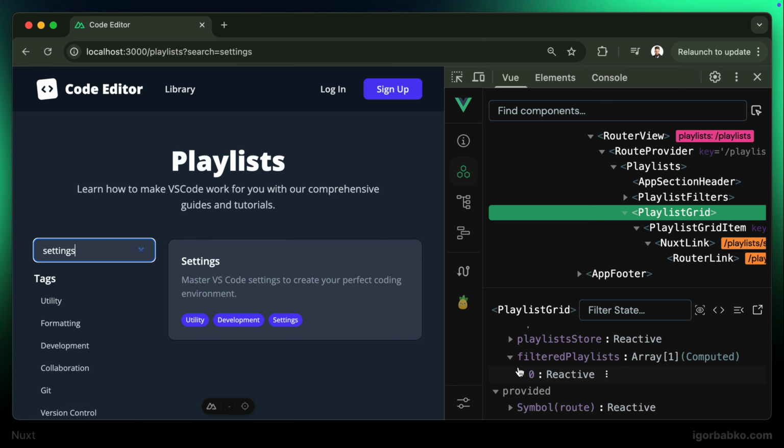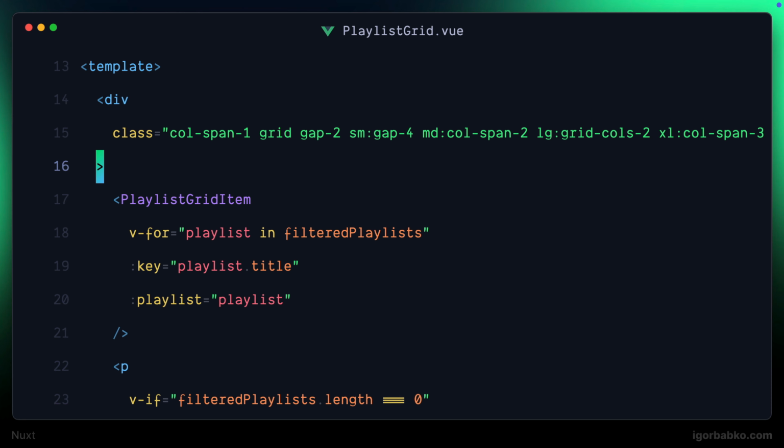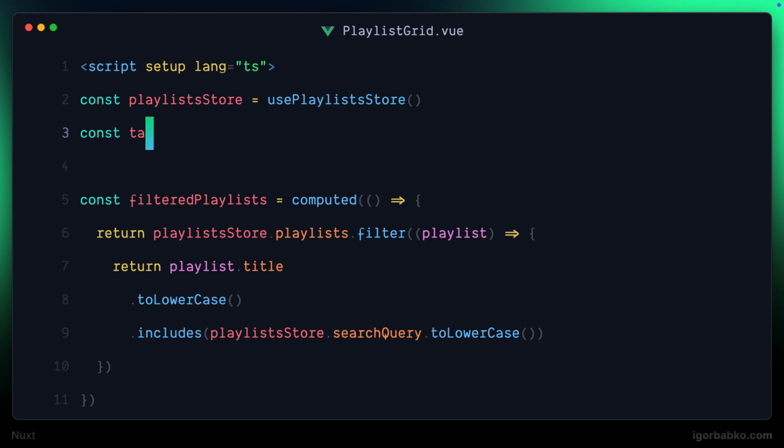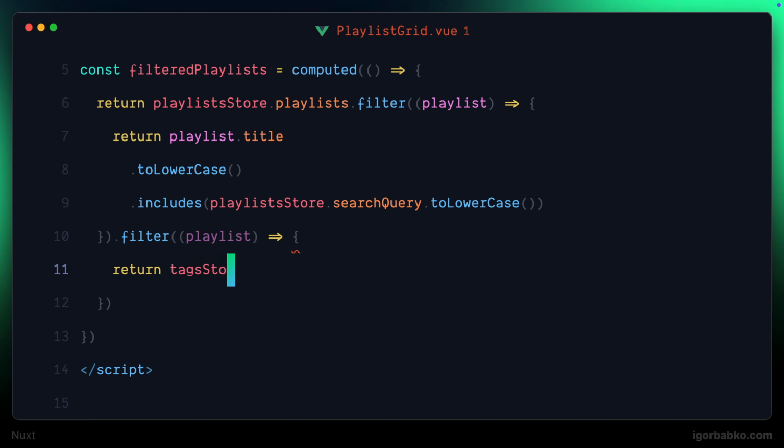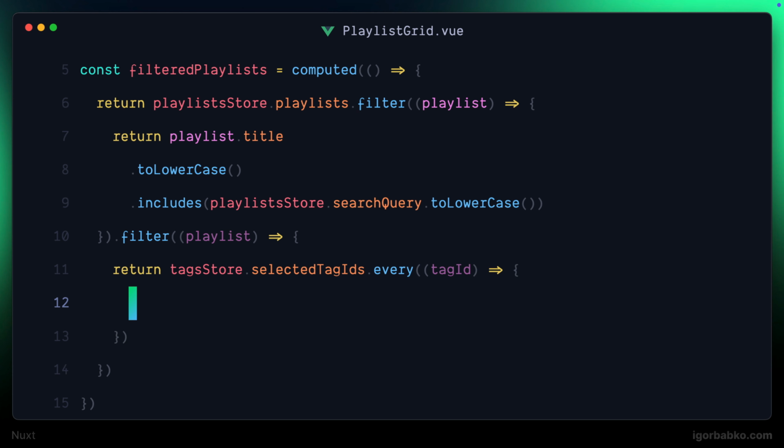As the next step, we're going to apply filtering by text. So back to the component. In here, we're gonna receive text store. And right after we have applied filtering by the search query, we're gonna call the filter method again to apply filtering by text. And right here, we're gonna reference selected tag IDs that is contained within text store. And by using the method every, we're going to check if all those selected tags are associated with a